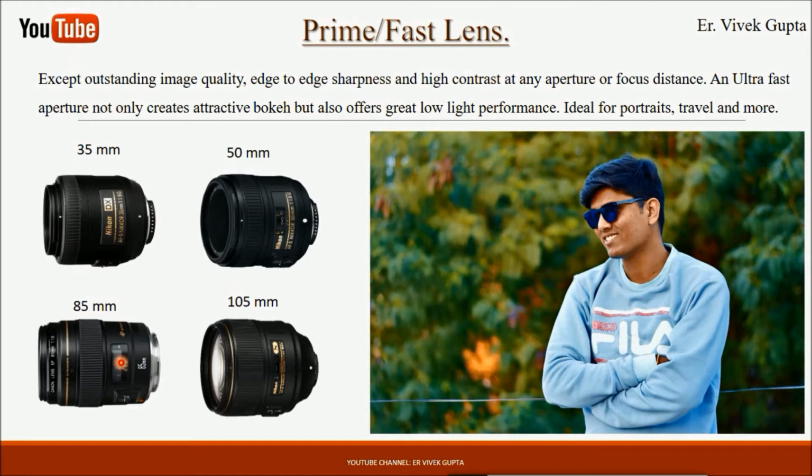Most of the time, if you see a prime lens with any photographer or a beginner, you will see a 50 mm lens because it is a very common lens. Here is a picture captured using a 50 mm prime lens. The prime lens has the capability to focus on the object, and everything except the object will be out of focus. As you can see, the background is creamy and blurred, so this gives a bokeh effect.